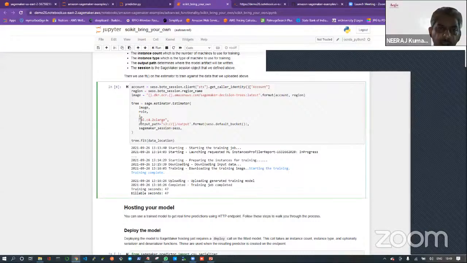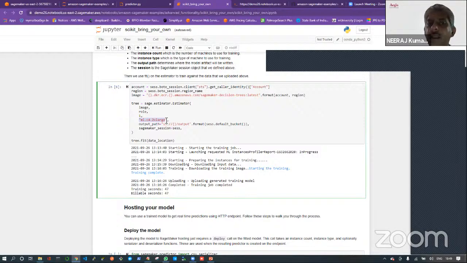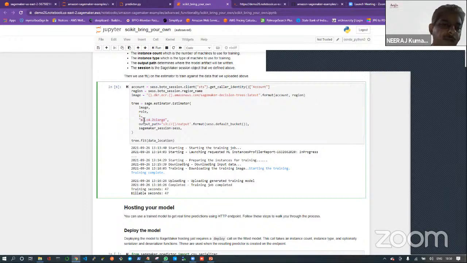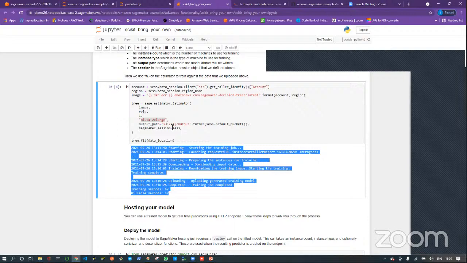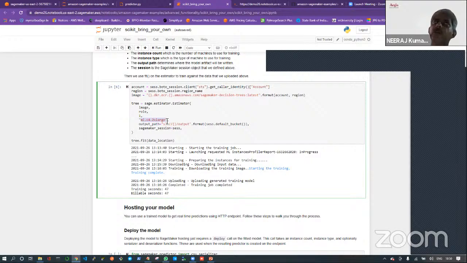Because in that tower, I want an extra large flat, depending on my workload. I want a 4 BHK flat because my family size is big. I'm staying with my parents, so I need an extra large flat. So that's why I ask for this, and I pay for this only for 47 seconds, not for 1 month. The ml.c4.xlarge, that is a configuration of a machine, a virtual machine that it will provision.